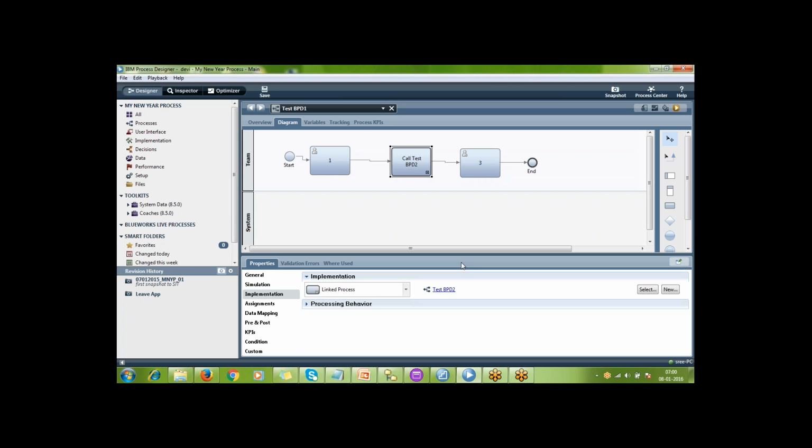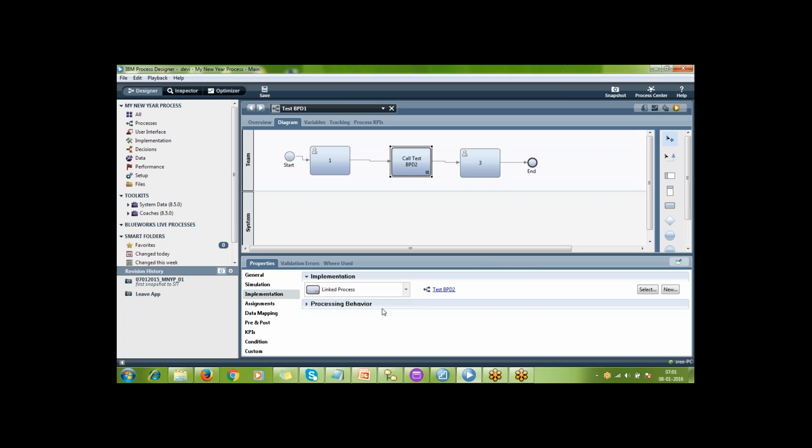If A is less than B, I want to call BPD1. If A is greater than B, I want to call BPD2. If A is equal to B, I want to call BPD3. Based upon my inputs, the calling BPD has to change. It should not be static like this. Then we can go for a dynamic linked process.